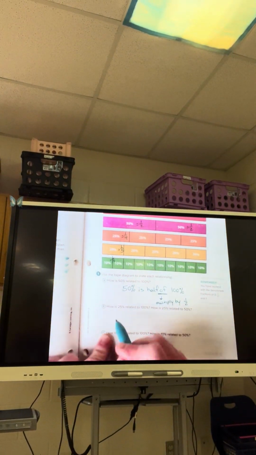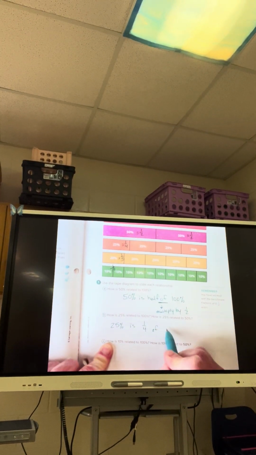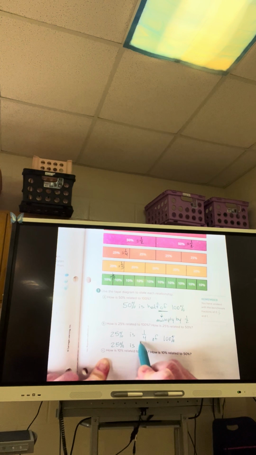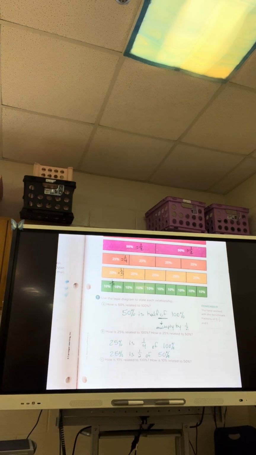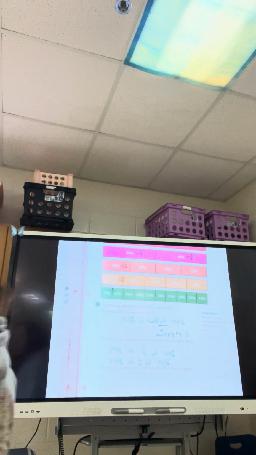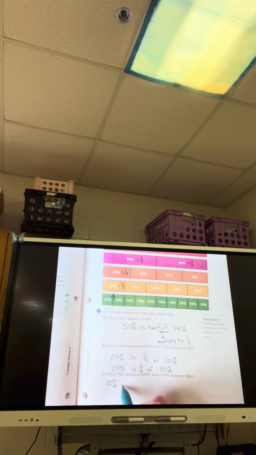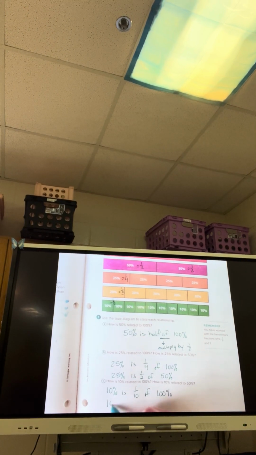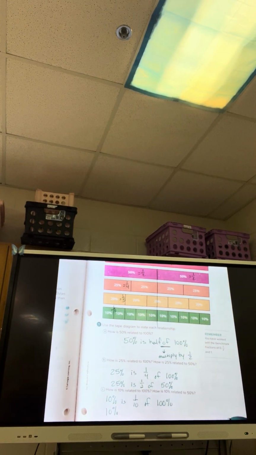Well, 25% is 1/4 of 100%. And 25% is half of 50%. Okay? And then 10% is 1/10 of 100%, right? But 10%, if we look at 50% through here, so here's this line through the middle,